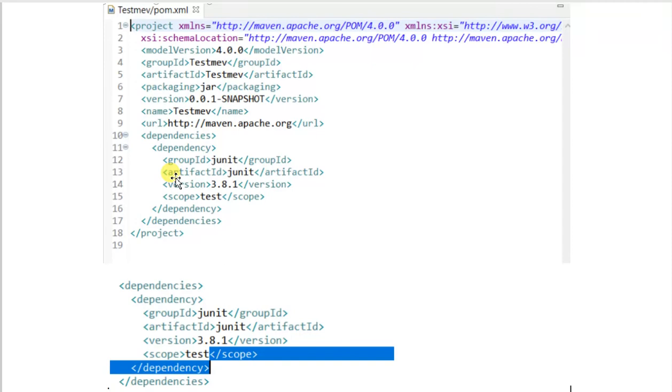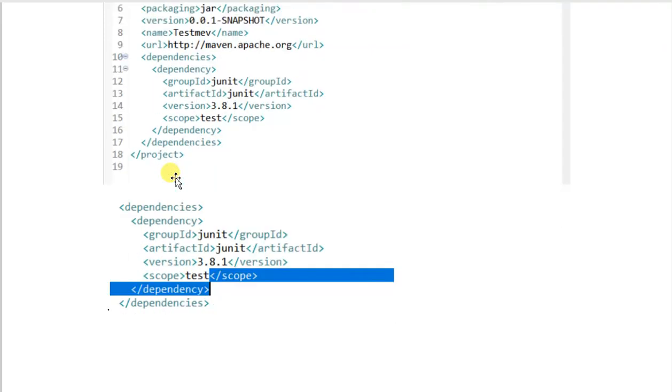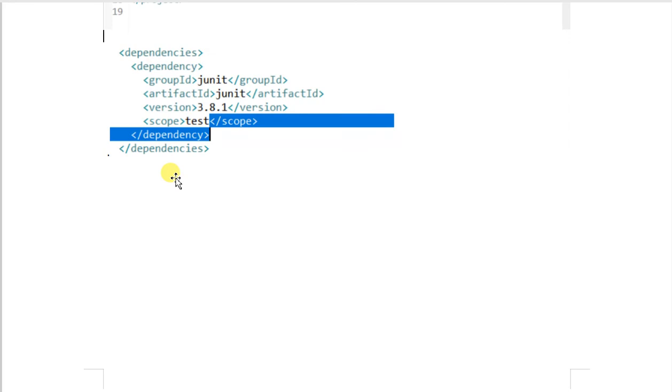It may be a JUnit dependency, TestNG, Selenium WebDriver, Log4j, or any other dependencies, even report generation dependencies. Anything we can opt for, so that is not a problem. We can give many dependencies.